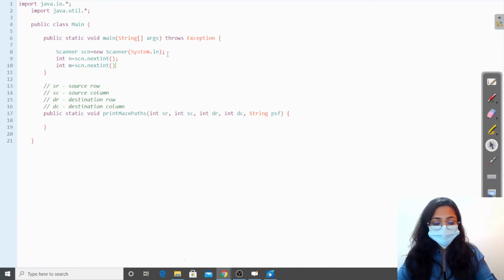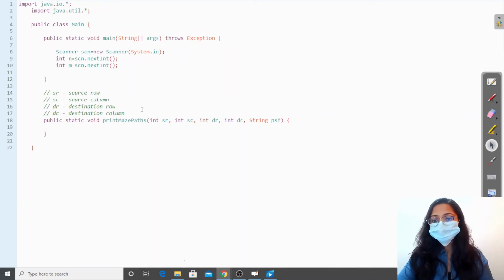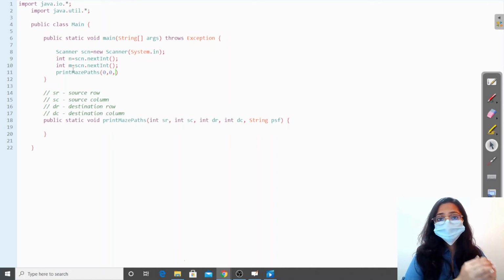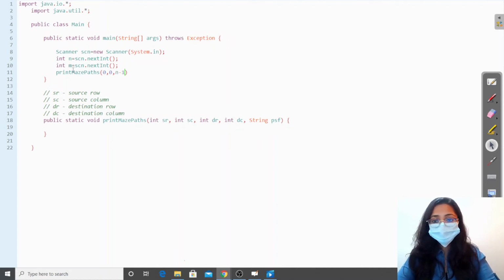Now, I'll call the function, and to the function, I'll pass the values according to the arguments. So my source row has to start from 0 and source column is also 0. This destination row will be equal to n-1 and destination column will also be equal to m-1 as we are starting from 0. And the path so far is empty, so we are going to pass an empty string.